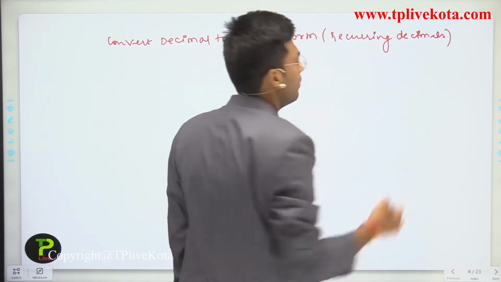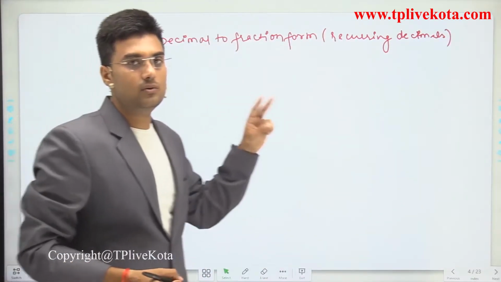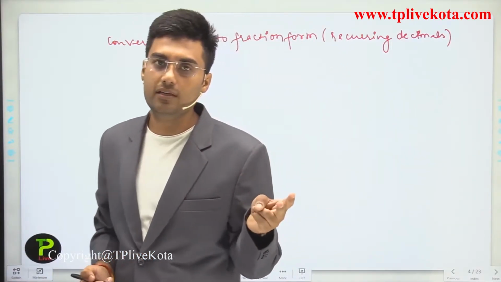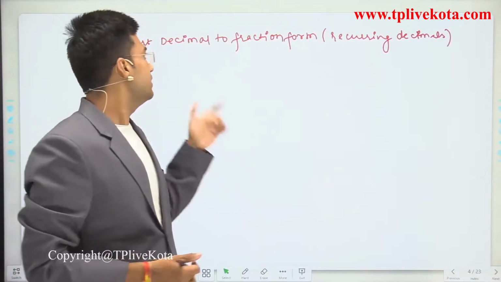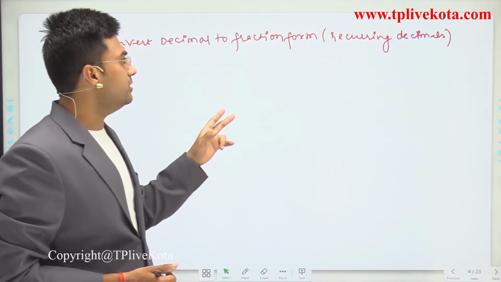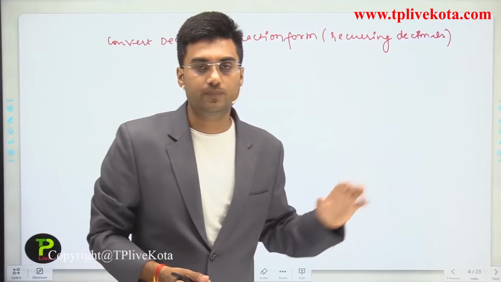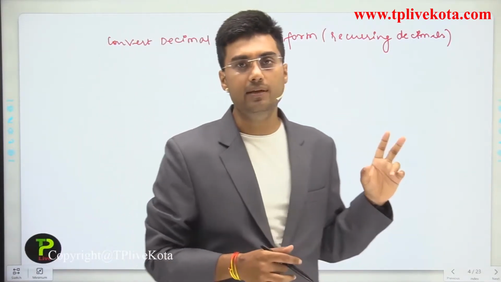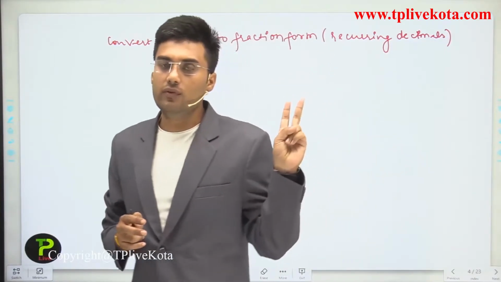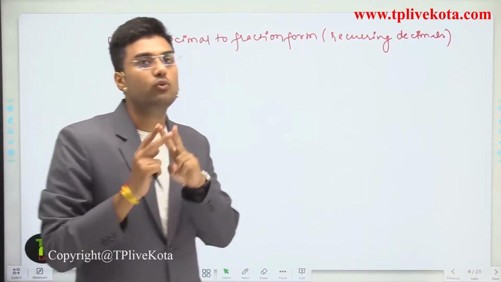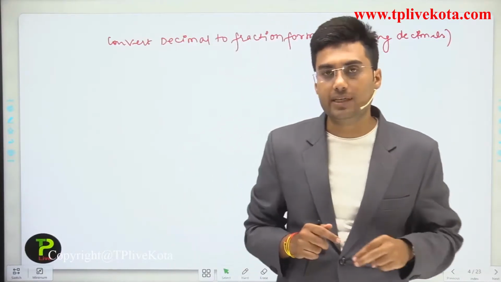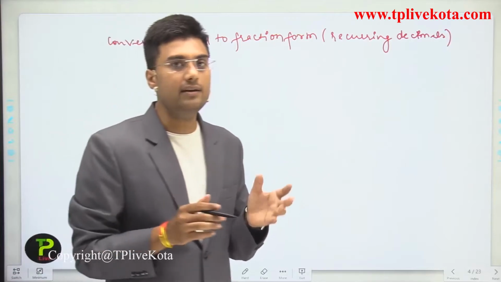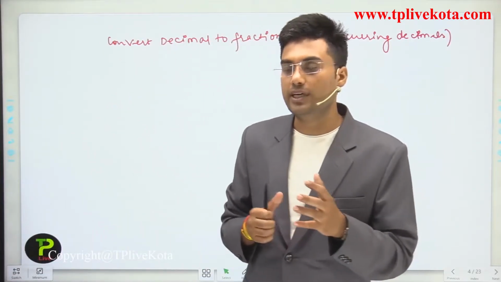Okay, we studied that rational numbers are of two types: terminating decimal, and non-terminating but recurring. So our next topic is how to convert a decimal fraction into the recurring decimal. Dear students, we studied this topic in class 9th very deeply. We studied that to convert decimal to fraction, we have two methods: first is the subjective method and the other is the objective method. We can directly find the fractional form by the objective method.